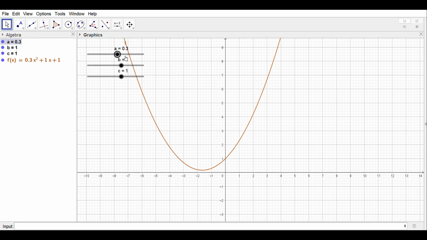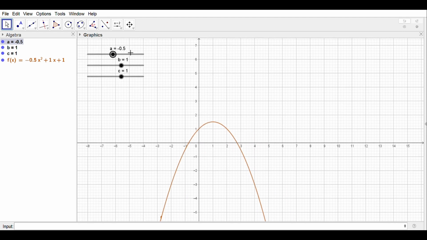In the opposite direction, we can let it take a negative value. So let's say minus a half. And now we can see that the branches of the parabola turn downwards. So this is because a is now a negative number, so we have a sad smiley. Again, if the negative number is